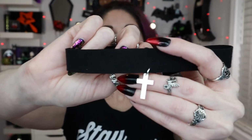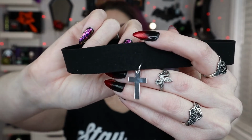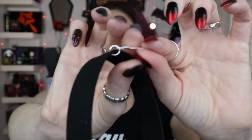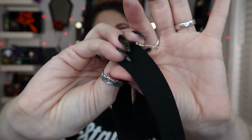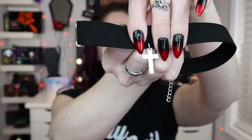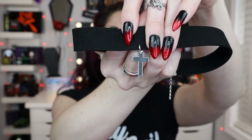Here is our choker, and we've got the little cross on it here. I don't know if you can see it there, but it is a very thin metal. I feel like if you were to get this caught on anything, it would bend very easily. But that's it. That is our choker. So next up in the box we have